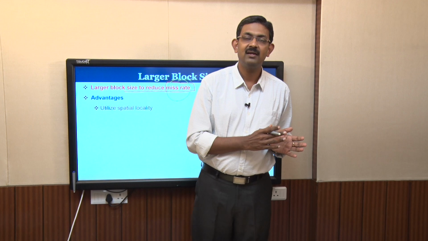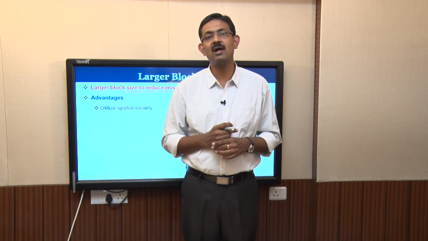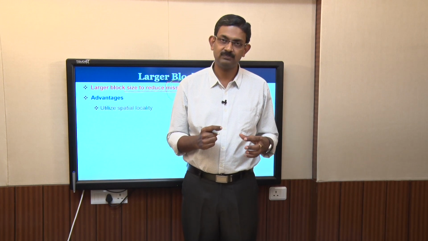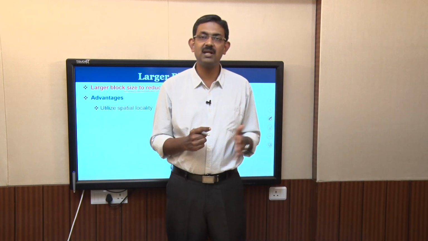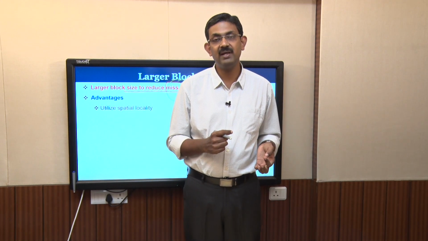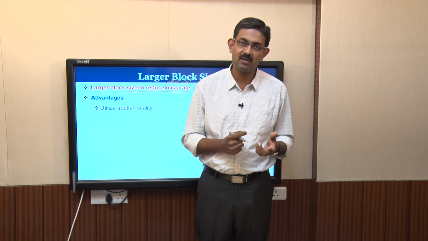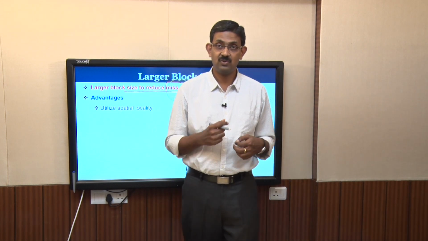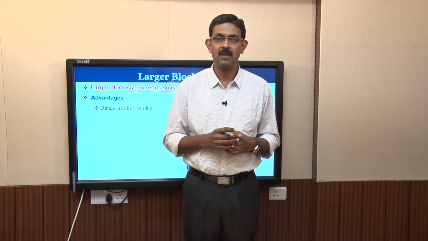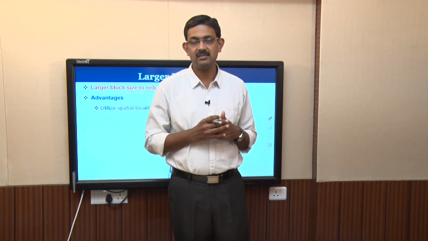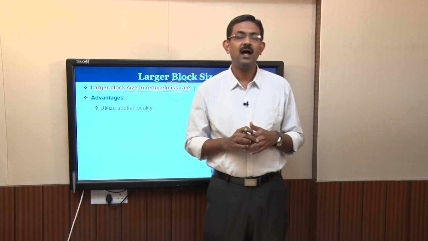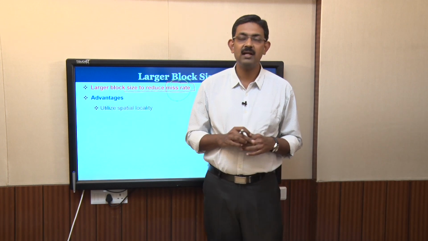Now, if you assume that your block size is doubled, your block can accommodate 16 words. So, once we encounter a miss, 16 words are brought in. That means, if we have sequential access, you have one miss and the remaining 15 of them will be hits. If we have 32 words in a block, the remaining 31 will be hits. So, we are able to have a larger number of hits for one block brought in. But this cannot be made very large. Beyond a certain point, your programs may not exhibit spatial locality. At this point, larger block sizes are really counterproductive.